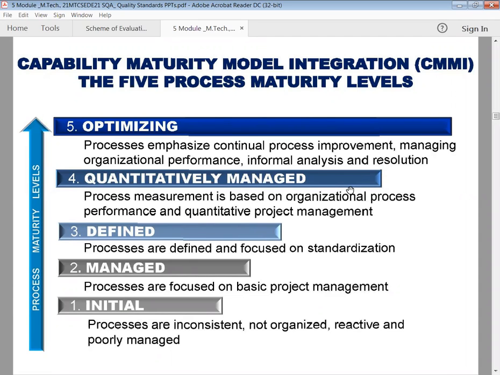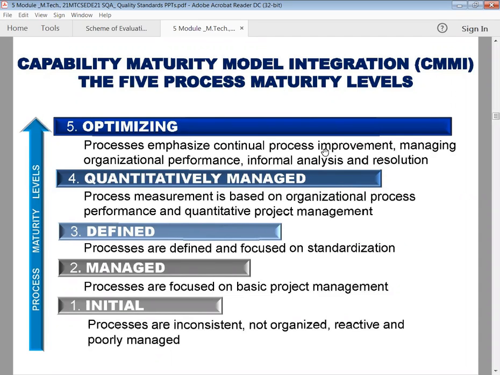So the overall organization process must ensure the quality of your software. Performance and quantitative project management techniques are used. So the performance will be evaluated quantitatively. We have to measure how much we are spending, how much we are producing. Everything will be measured in terms of quantity. If you go for the optimization level,